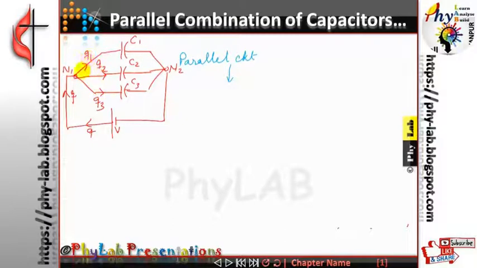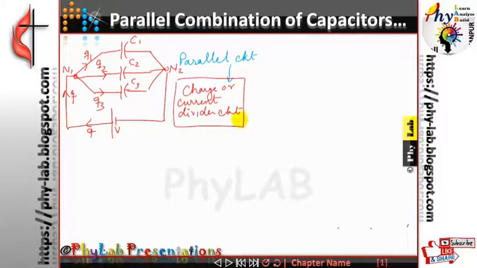This battery sends a charge Q, and this charge Q at the node gets divided into three different charges. The charge that flows from the upper one is Q1, the charge that flows from the middle one is Q2, and the charge that flows from the lower one happens to be Q3. Since the charge is getting divided, this becomes an example of a parallel circuit. So remember friends, a parallel circuit is a charge or current divider circuit. So I can say Q, the total charge that I have sent, got divided into three parts, Q1 plus Q2 plus Q3. Now if you see, this is also a node because once again I have got more than two current carrying paths meeting.